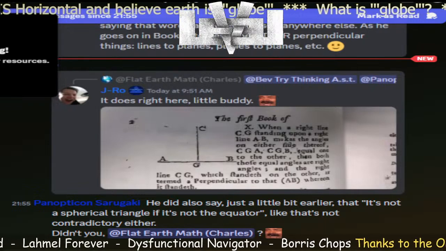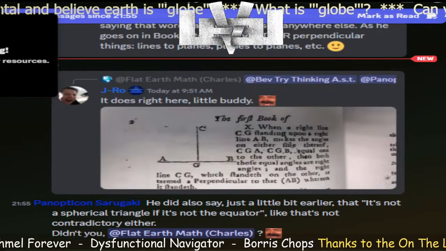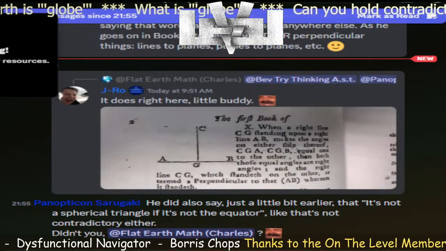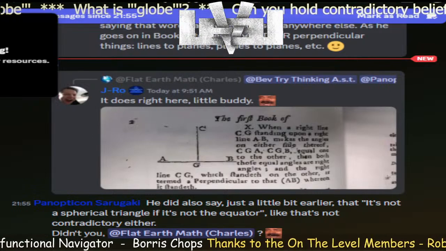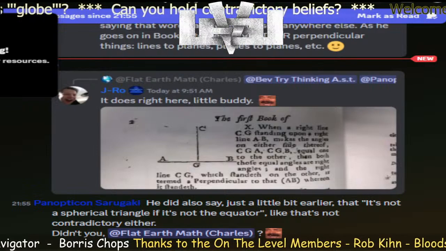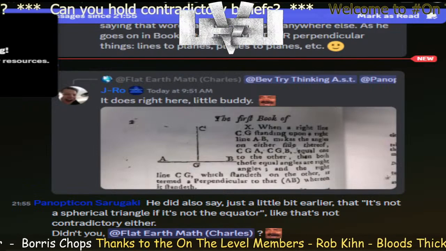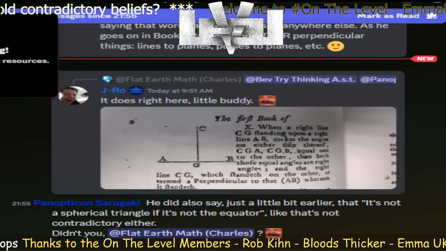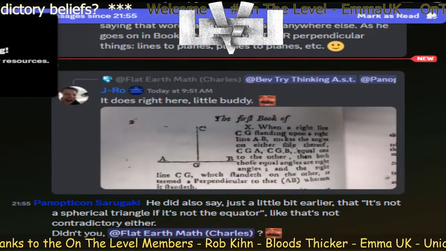Ask Betty. For starters, go to the Greenwich meridian, and you'll have a line etched in the concrete. It'll say this is the prime meridian, and then you'll have a line etched at 90 degrees to that, indicating the local latitude. Those two lines will be at right angles, straight lines, Charles. I never called them straight lines.